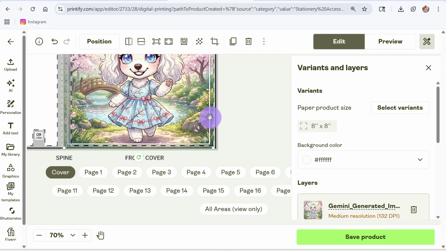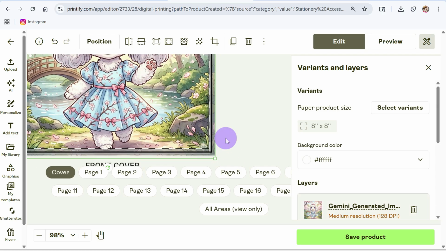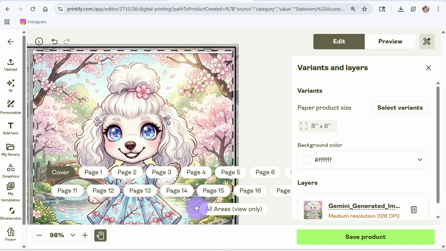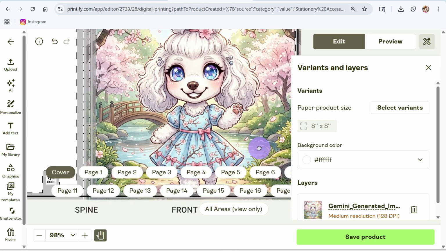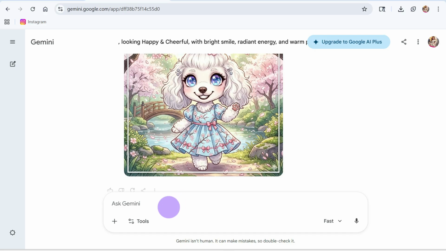Okay, it is. We want it to be to the edge. Why? Because we want to pass this big, thick black line. Okay, there we go. Now we're going to go back to AI and we're going to say, please provide the